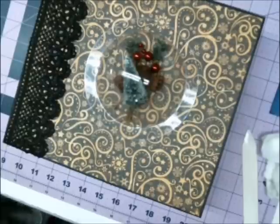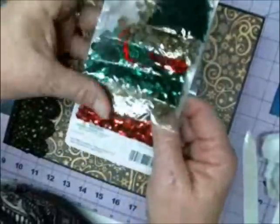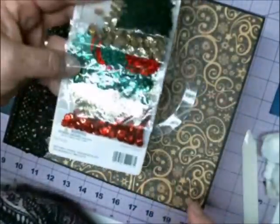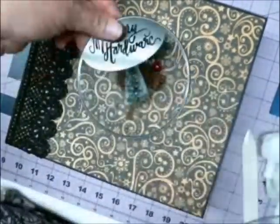And then I have, well, I had sprinkles. These are from Hobby Lobby. These are really cute, especially these, they say Christmas on them. They're in gold. And then I've got, so I'm thinking I'll probably be going with the gold and the red. They're just Christmas. But first of all, I have to take this memory dome, and there has to be a